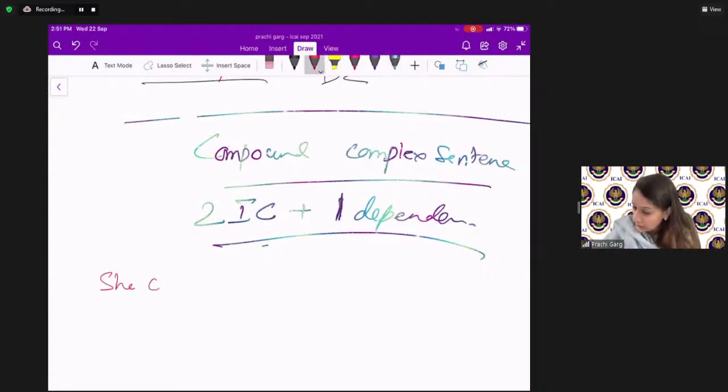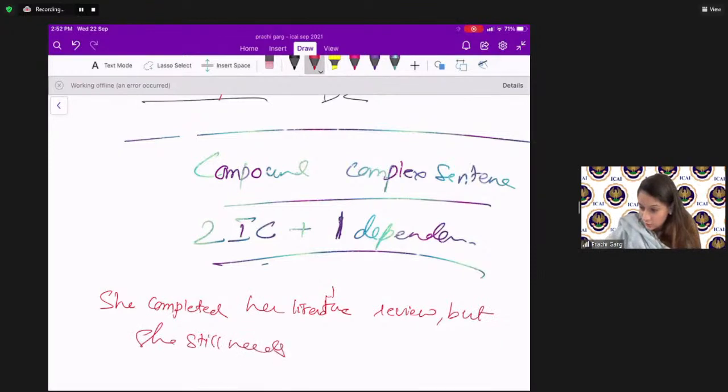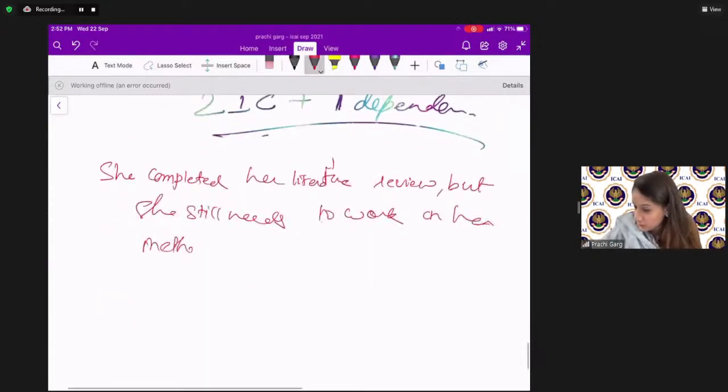She completed her literature review, but she still needs to work on her section. I'm sorry, it's so big and I want to quickly write, so please excuse my handwriting. Even though